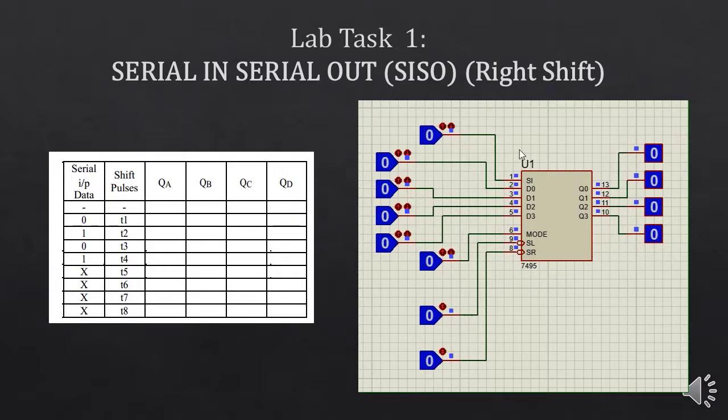For the serial input and parallel output, you are going to use all these 4 pins. So again I am going to show, I want to enter 1001. I have selected 1 here. Here data is stored for 0, again 0, and again 1. This is the example of serial in, parallel out. This is how you are going to implement this circuit, and you have to fill your table accordingly.